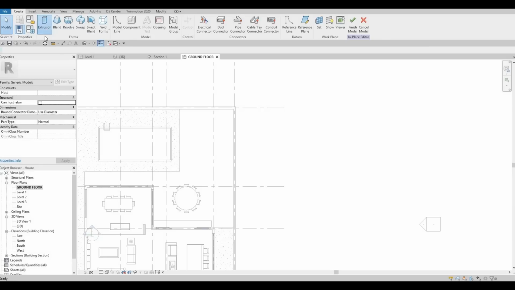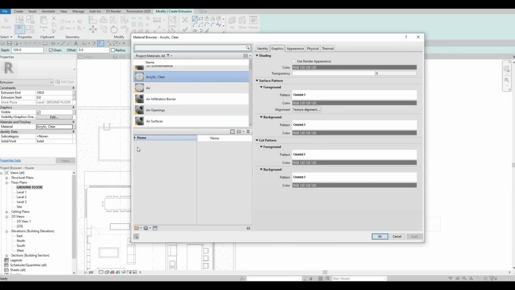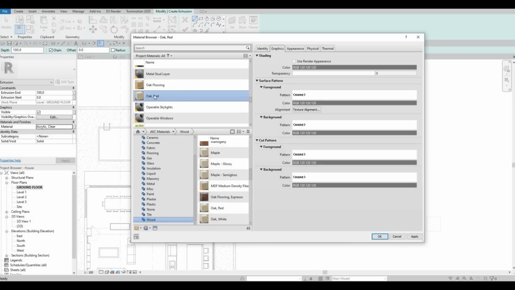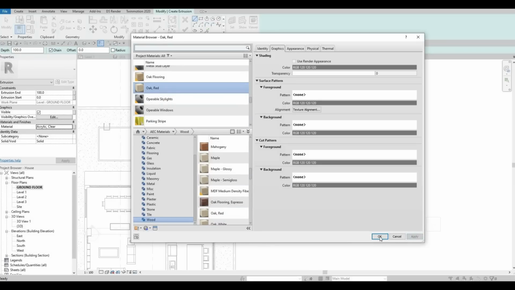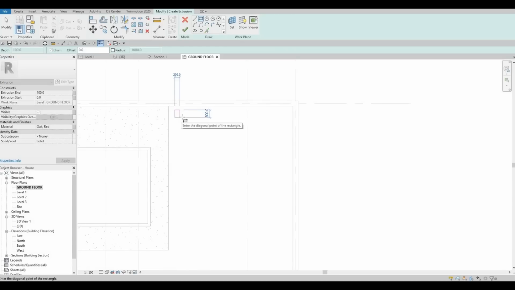So I'm gonna click on extrusion, and then here we could choose one of the wood materials. I'm gonna choose something that we haven't used yet, so oak red. I'm gonna remember that oak red, and then hopefully it doesn't go right here. And then now I'm gonna create a square support, so around maybe 200 by 200,